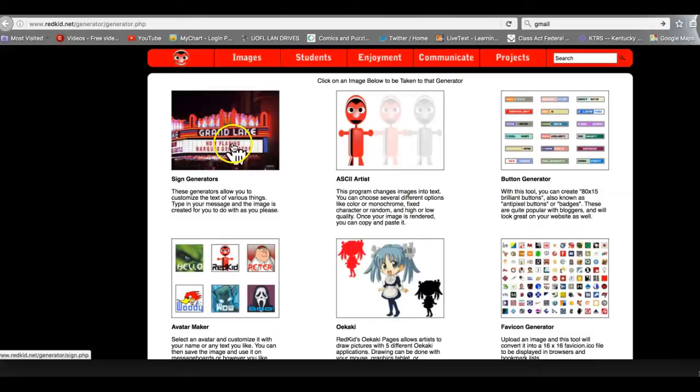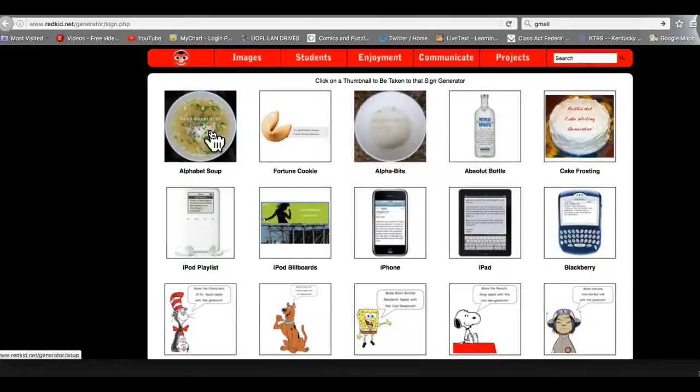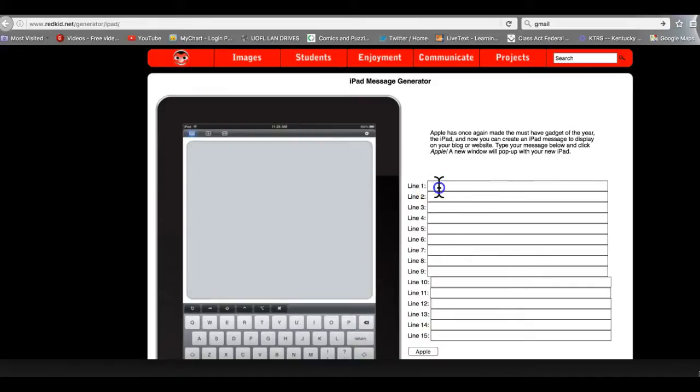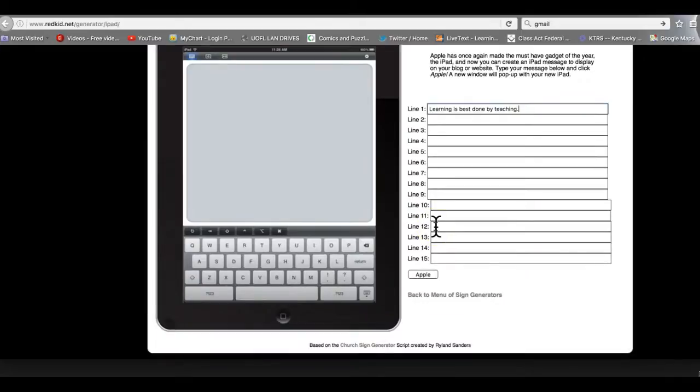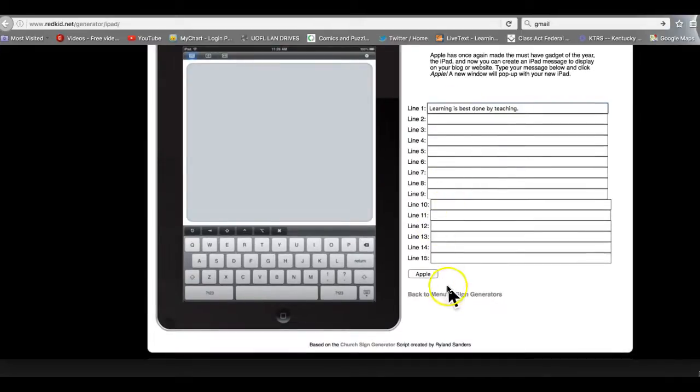You can create your own sign generator right here. You can create your own fortune cookie. Alphabets. Absolute bottle. I don't know about that one. Cake frosting. iPad. BlackBerry. Let's do an iPad just for fun. So on here, it's going to allow me to put in a message on my iPad. Okay, and I can just look how many lines it lets me have. That's really cool. So I'm going to go ahead and say apply,